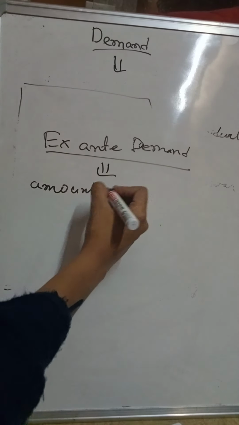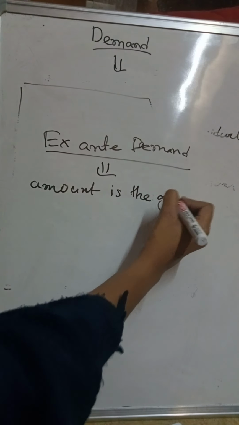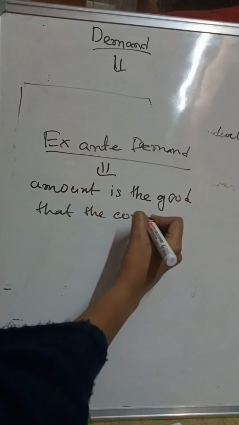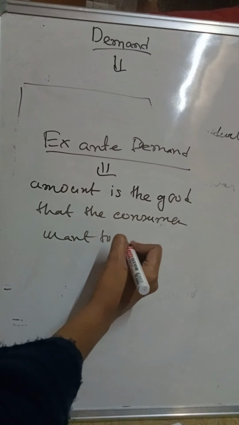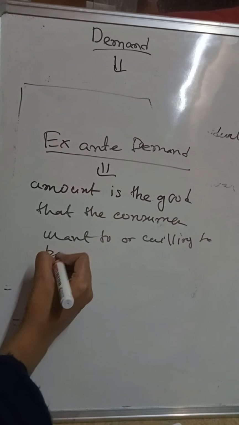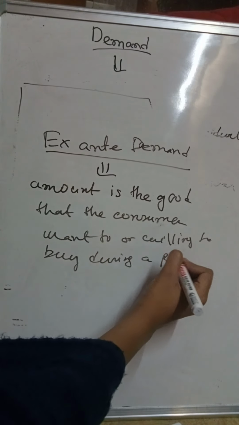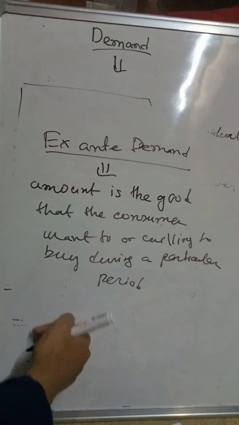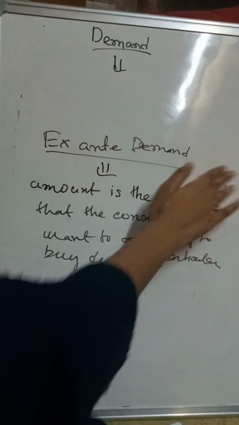So ex ante demand is the amount of good that the consumer wants to or is willing to buy during a particular period. And for example, suppose we are planning to buy 5 new shoes during this puja, but it may